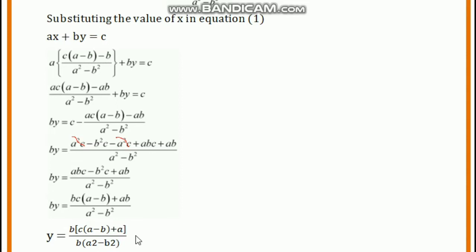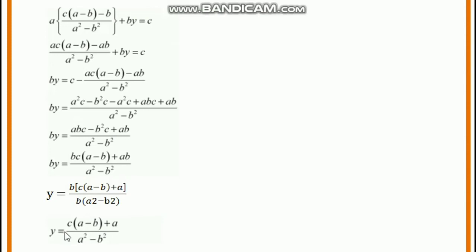Okay, then the next step, y equal to c of a minus b, because here minus b will be cancelled because b is common, so minus b and minus b will be cancelled, so remaining c of a minus b plus a divided by a square minus b square. Here b is common, for that purpose only I divided these two, b divided by b is 1. Okay,